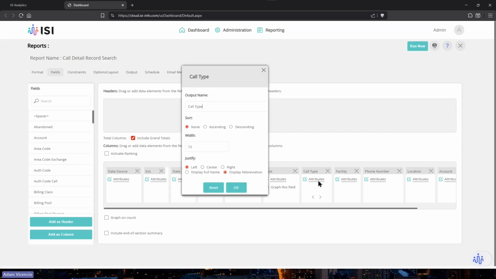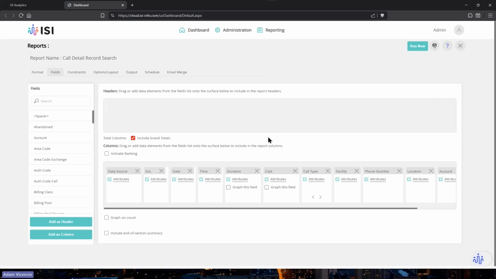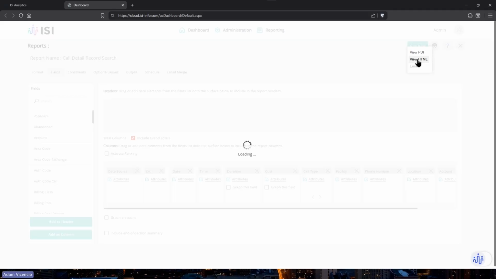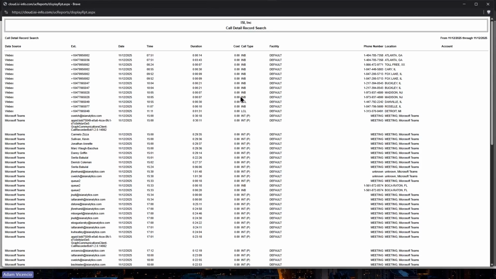If you click on attributes, yes, you have all the standards, the sorting, the name, the width, the justification, but we have this handy dandy display full name or abbreviation. And so let me show you an example of that. So again, I know I was going to do that earlier, and I apologize. I will come back. So if I run this as an HTML and I leave this without making any changes,